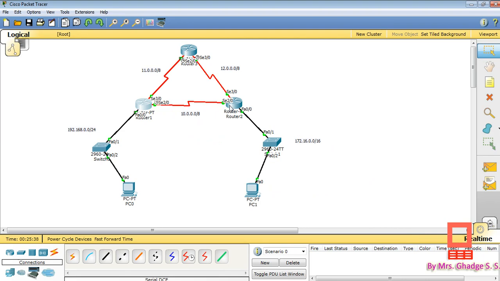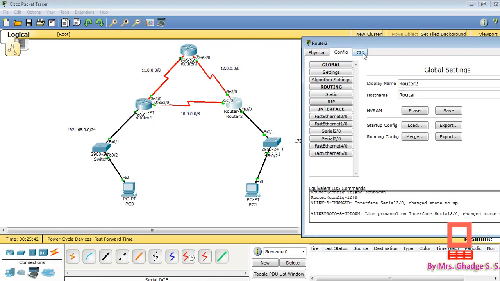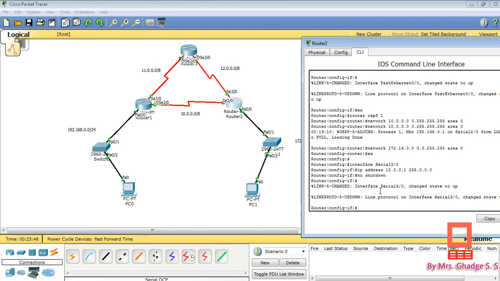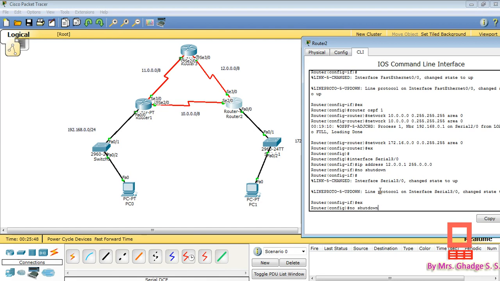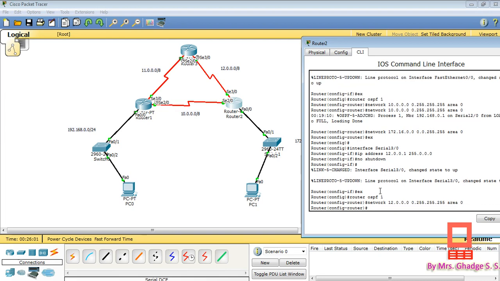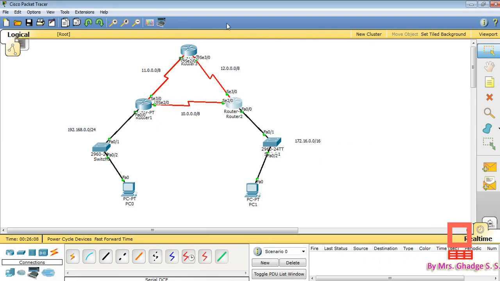Okay, so this is router 1 configured for the additional 11 network. Then next, router 2 we have to configure for the same new network, that is of 12, which is directly connected to this router 2. Okay, so just exit. Then write the command router OSPF 1, then the network command. Okay, and here we have to write the network, that is 12. Okay, then just exit.